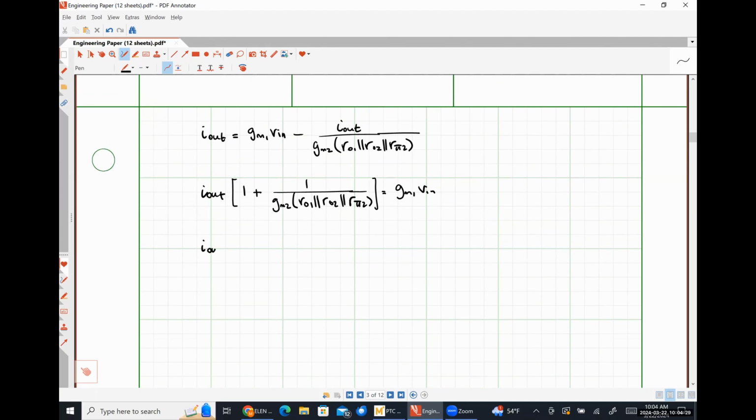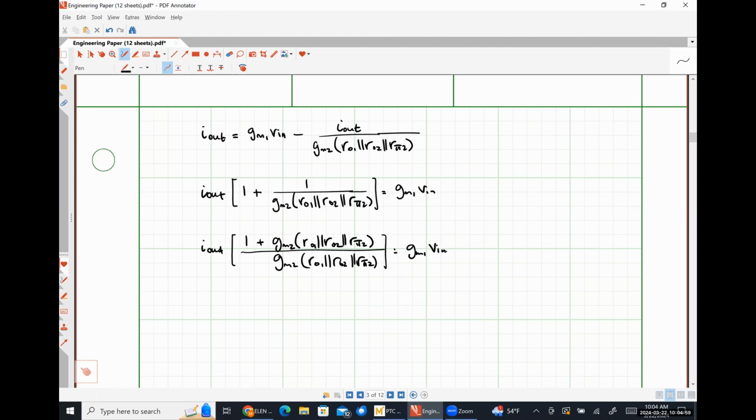So that's going to give me I out times 1 plus GM2 R naught 1 in parallel with R naught 2 in parallel with R pi 2, all divided by GM2 times R naught 1 in parallel with R naught 2 in parallel with R pi 2